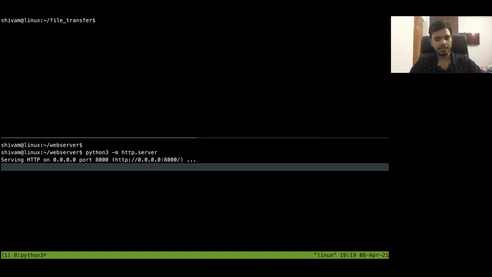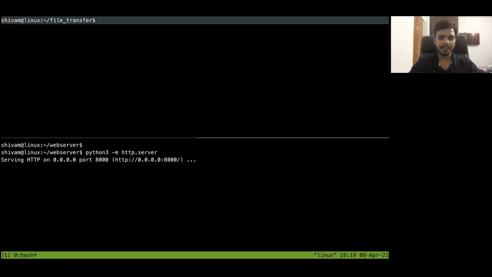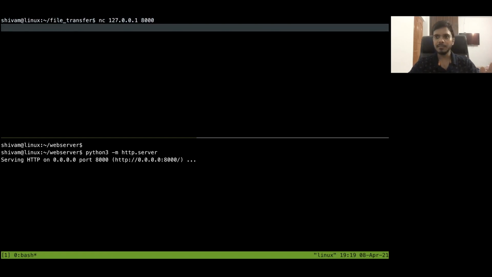I will go to the top one and connect to this web server, so I will use NC as a kind of client here. Of course, using NC you can create both server and client. So I will do NC 127.0.0.1, and connect to port number 8000. Then, if you remember, for making an HTTP request you have to follow the syntax of an HTTP request.